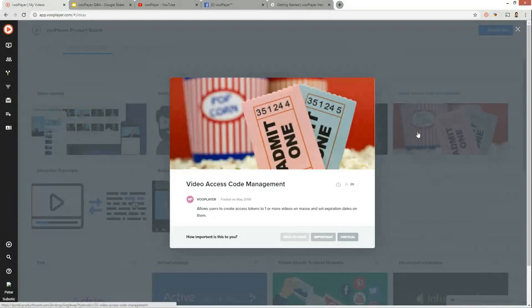So that's something that we've considered, but it did start getting momentum, but then it just kind of tapered off. So it is available for everybody here in the product board, so that they can